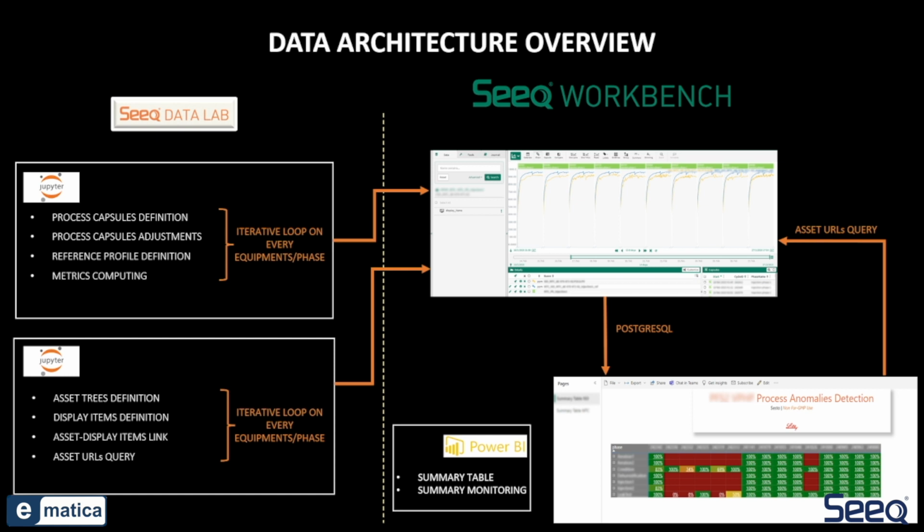So we also connect this Seeq part to Power BI, so that we create a control tower that I'm going to show you in just a second, summing up all these metrics, all the cycles, all the phases, all the processes, everything all together. So basically we have red parts if something's off, yellow if something needs to be verified, and green if everything's okay. Now, going back to Seeq,